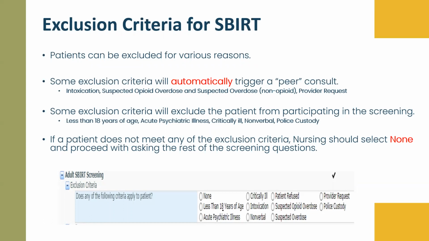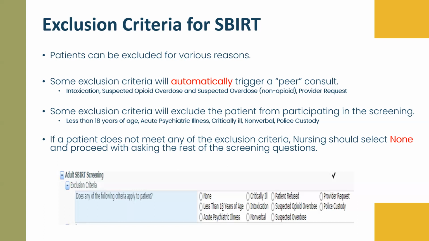These criteria include intoxication, suspected opioid overdose, and suspected overdose. As you can imagine, these patients may not be able to adequately participate in answering all the screening questions because of their presentation. So by clicking this criteria, it allows for the patient to still be identified and receive a peer intervention. Then there's the provider request criteria, which should be selected for patients that did not respond affirmatively to the audit C or drug questions, but the patient's nurse or provider suspects the patient uses substances and will need